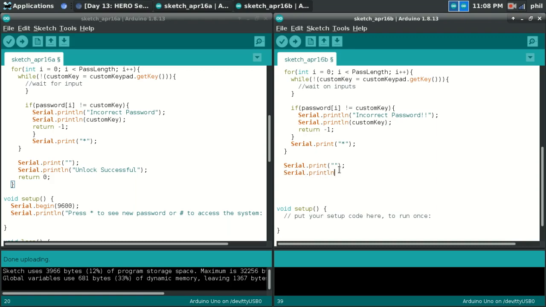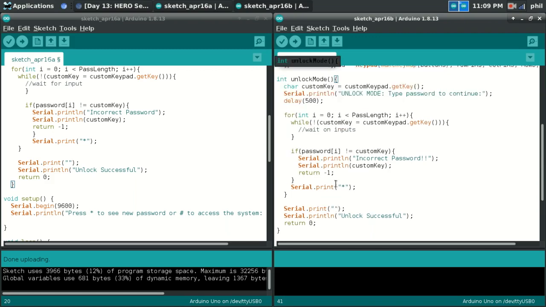We print a line, unlock successful. We return a value of 0, and then from there we exit the function. So if I click on this here,